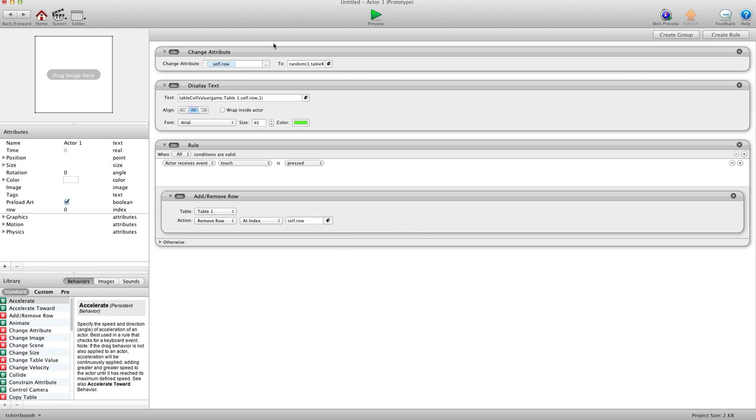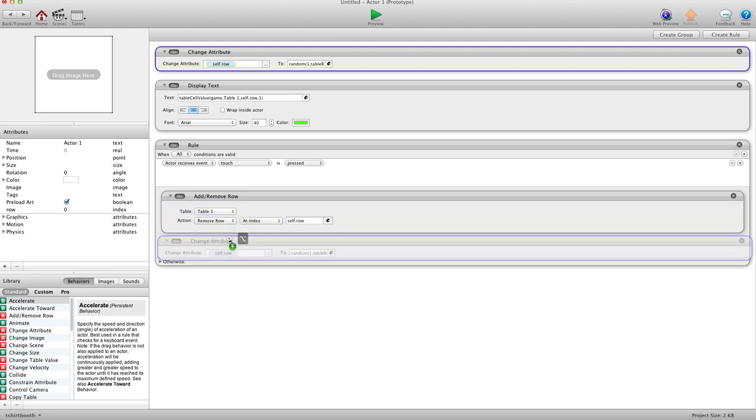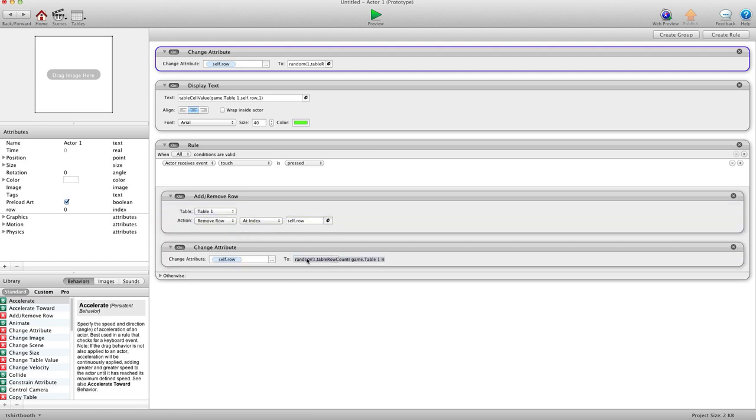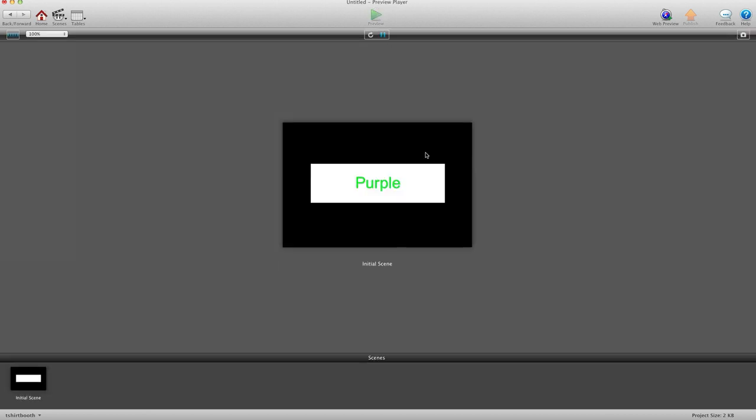So basically, we're choosing a row here, displaying it. Then when we click, we're going to delete the row that we chose and displayed. And then we're going to tell it to choose another row. So I'm going to take this, Alt-Option and drag it down right underneath this, because it's the exact same rule. We just want to choose it up here, and then when we press, we want to choose another one. So I'm going to hit preview, and now you can see purple, blue, green, gray, black, yellow, red,